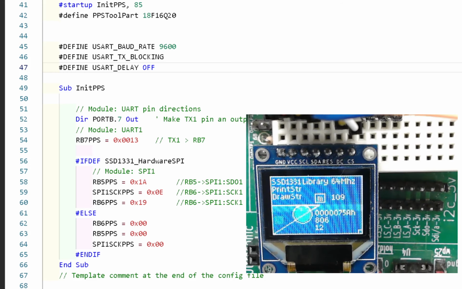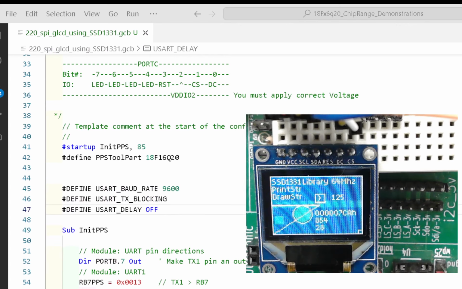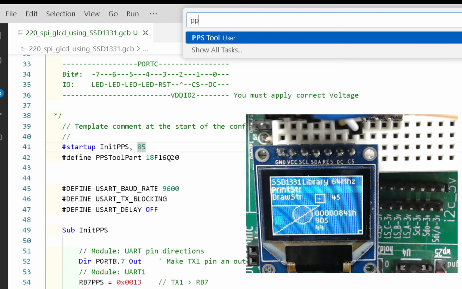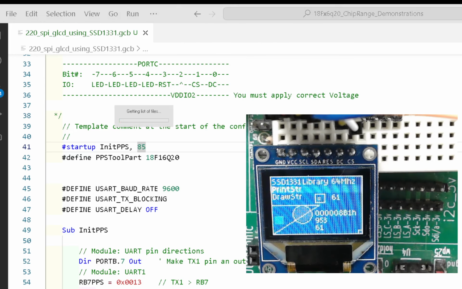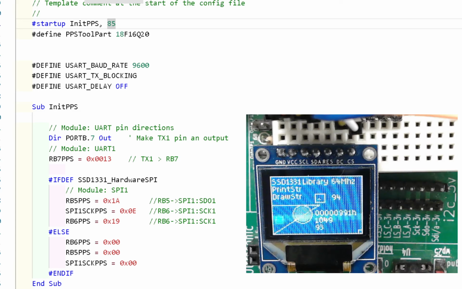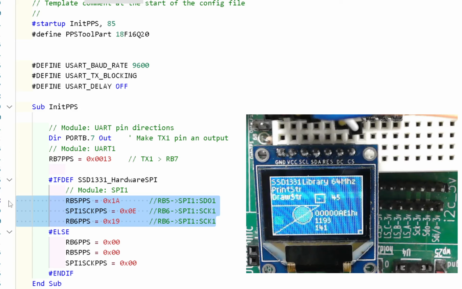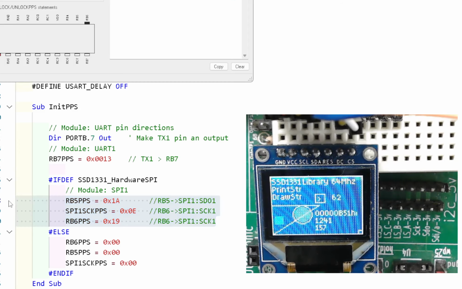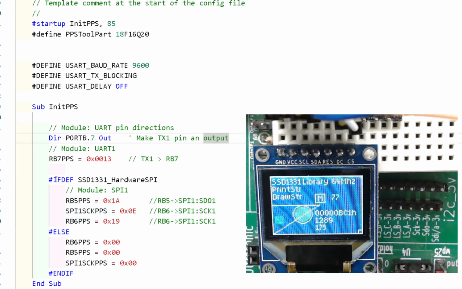Let me just do that again. Function key, PPS tool, and it will open up, and then you can select your PPS ports, and I selected serial data out on the ports we specified previously, and it puts these 2 entries in automatically. And then what you're going to have to do if you're going to swap between software and hardware is put in a conditional statement, and this is called a conditional statement. Hash if def, this particular constant, else set these 3 registers to 0, and it will turn off